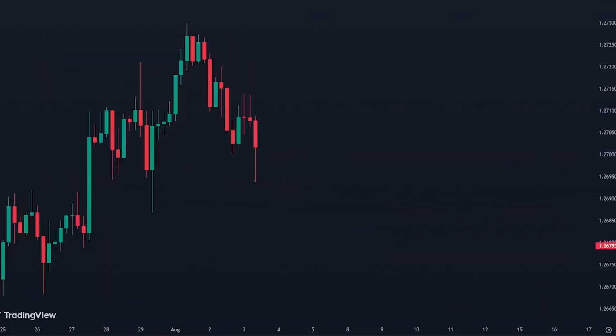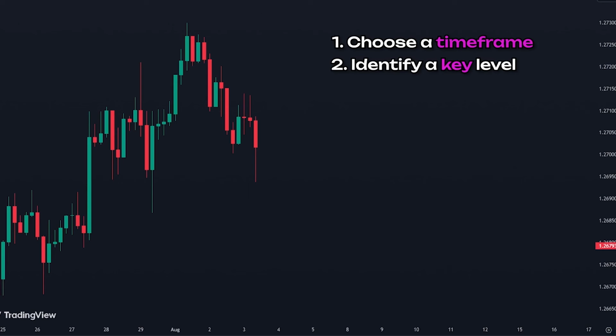So here's how the strategy works. The first step is we need to choose a time frame. I will be using the 4-hour time frame. The next thing you need to do is identify a key level within this time frame. As you can see, the price went up, hit, and reverses downwards, and so we can draw a resistance line